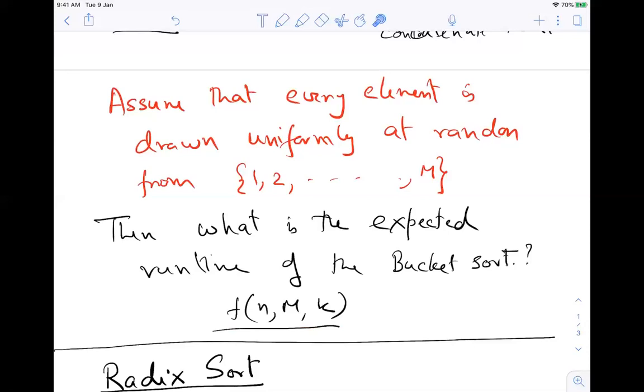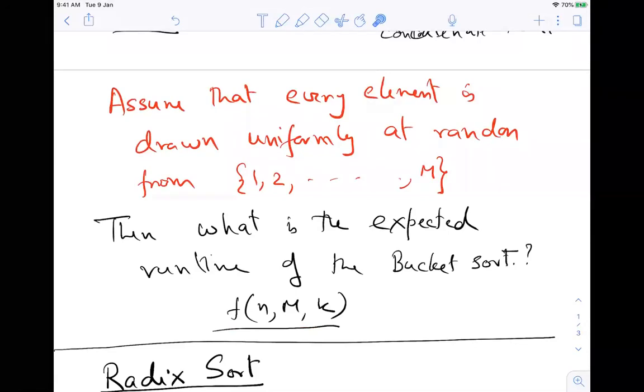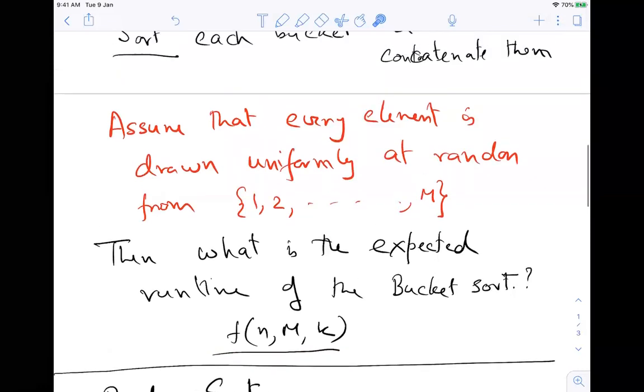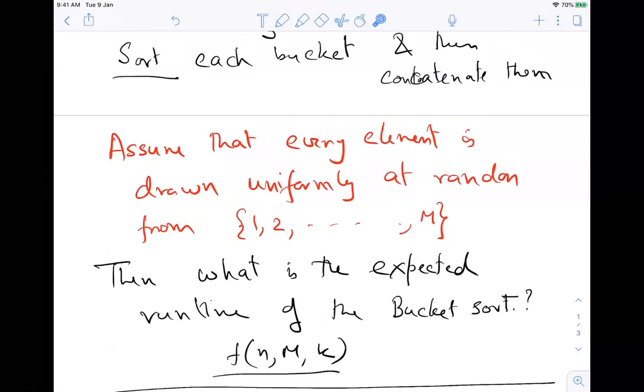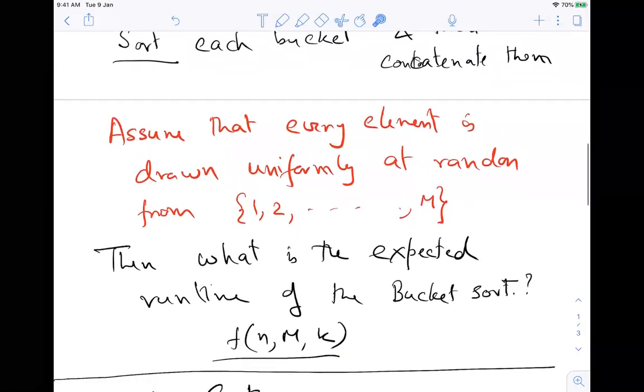So you compute this function, and then you will see how you can fix the correct k. This algorithm is completely deterministic. M, n, everything is already fixed.